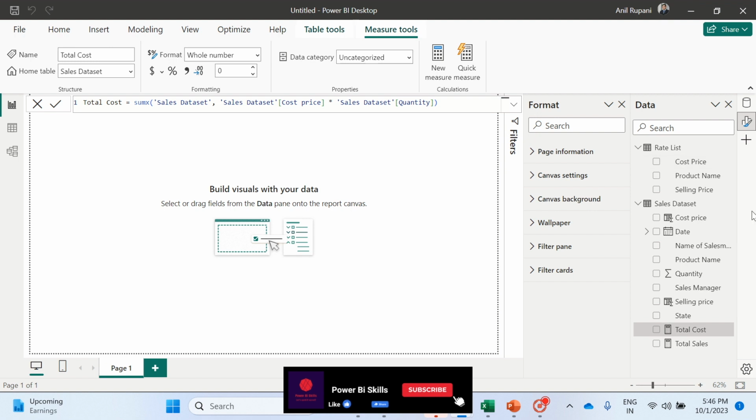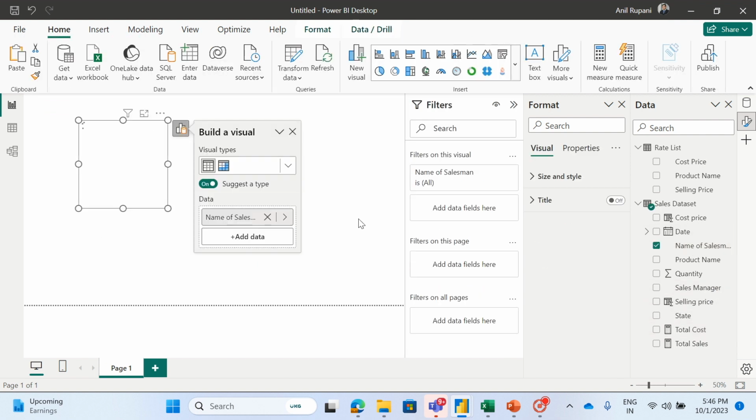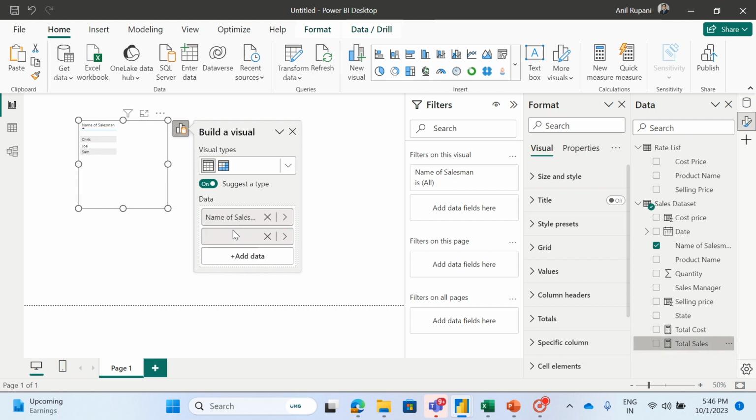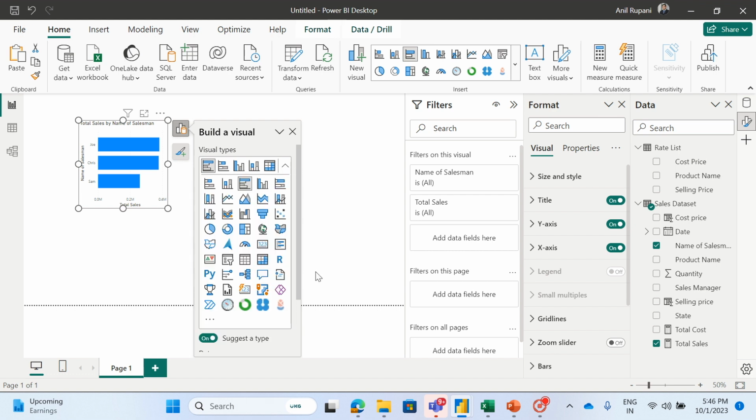I will create three visuals here: sales by salesman, sales by product, and sales by region. First, create the sales by salesman visual. So this would be a simple column visual. I will first drag the name of the salesman here, and I will drag total sales here. I will change this to stacked column visual,